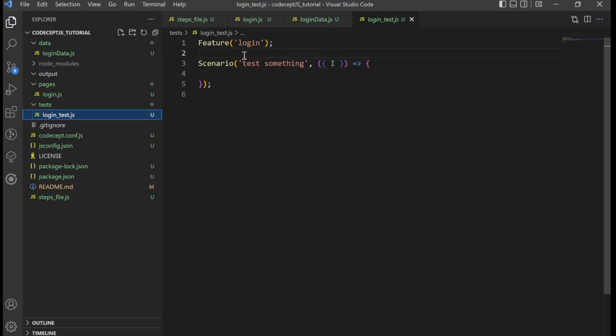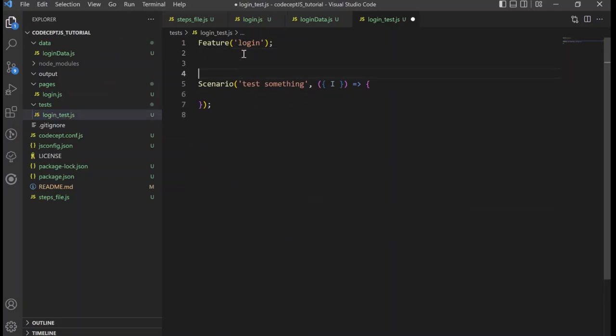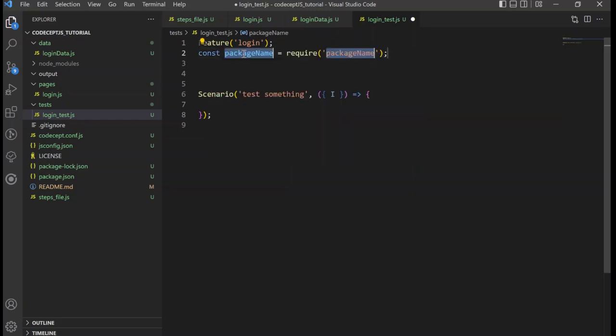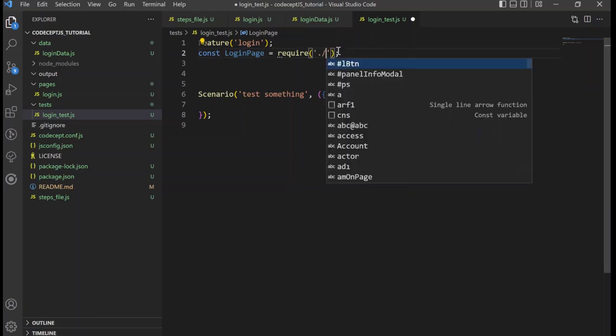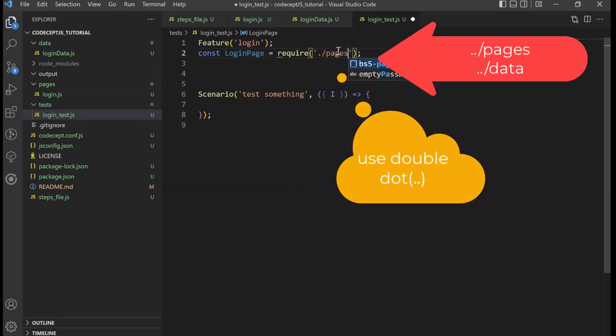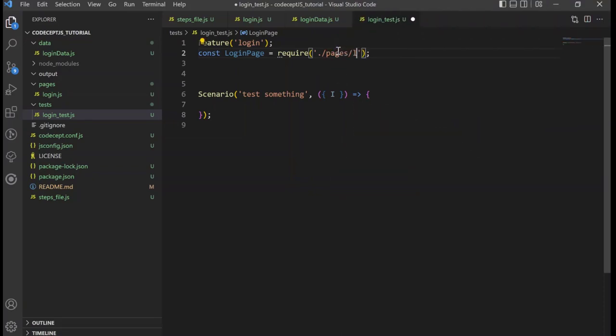So let's firstly import the files that we need. Firstly I'm gonna import login page. It is under pages and login.